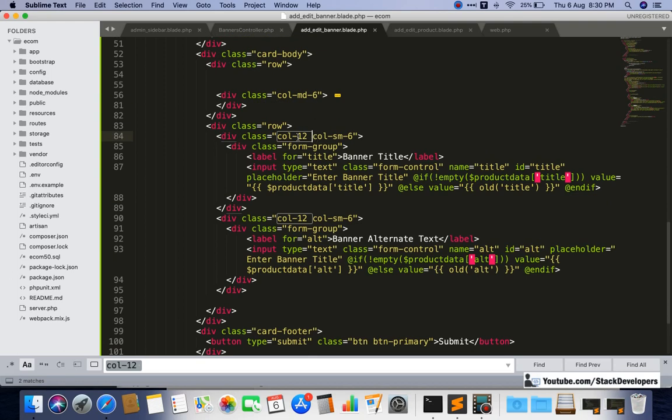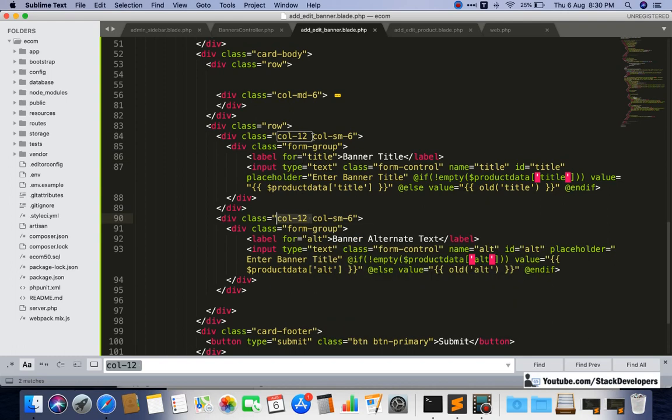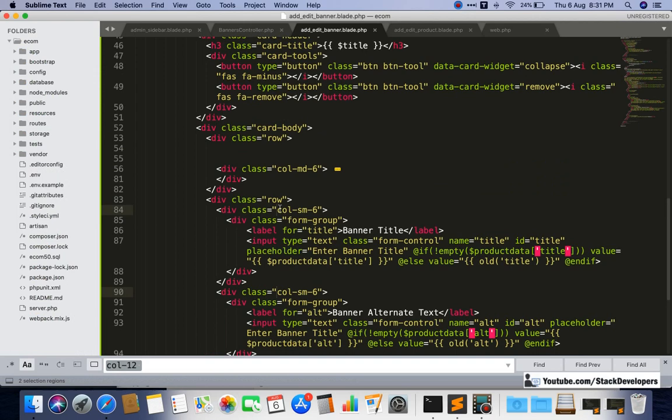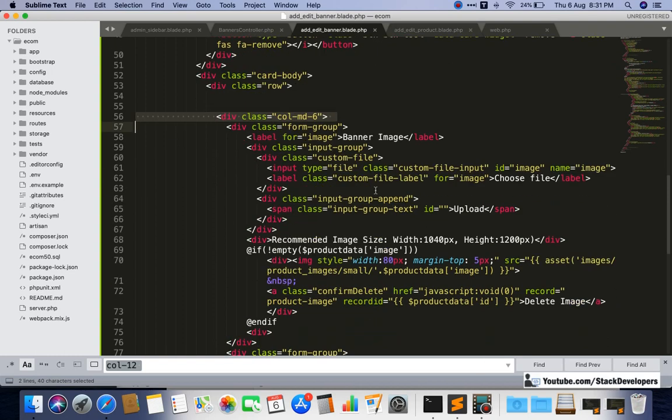Code, only col-MD-6 is used. Here I think some issue is here. Banner image, okay.